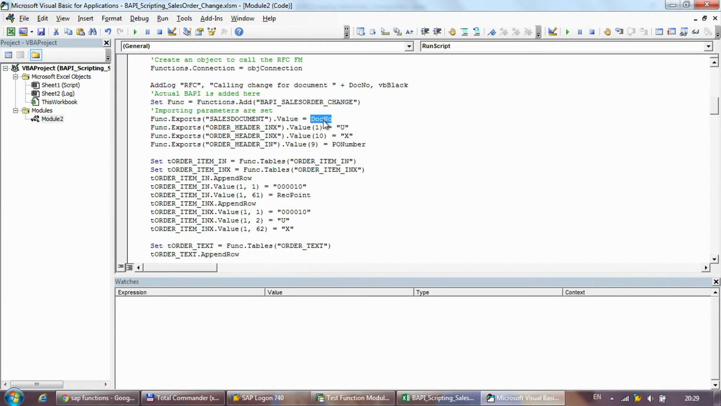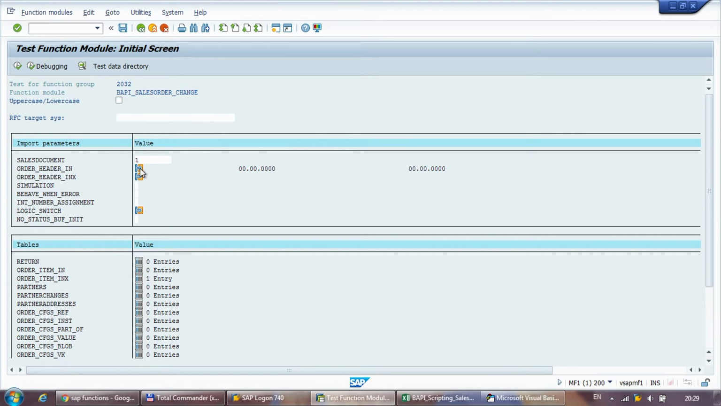set to the document number, and this document number already has the trailing zeros now. So SAP functions.export sales document.value equals the document number, and in the header X we say that we are performing an update on the header field. And unfortunately, what I find from several forums is that when you have an importing parameter like this, which is a structure,